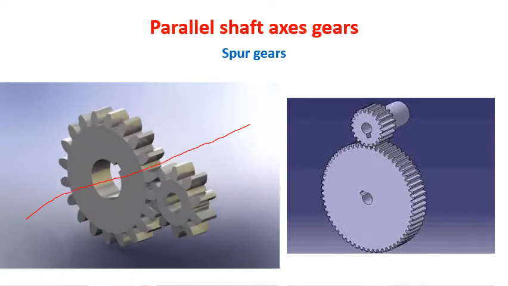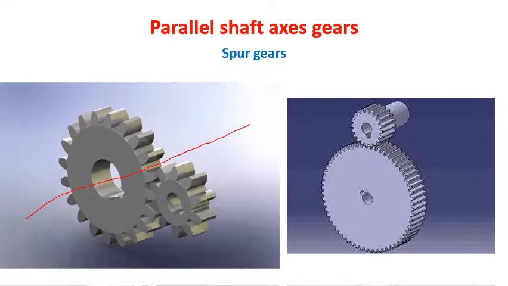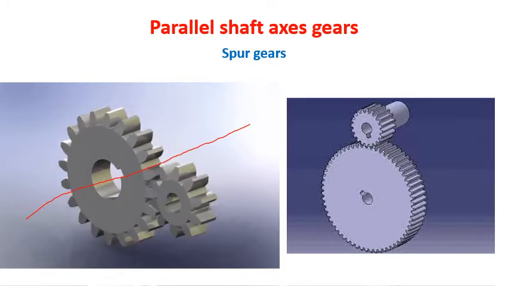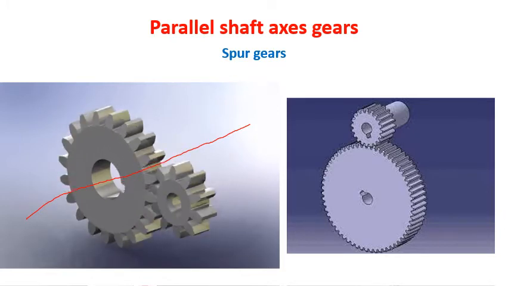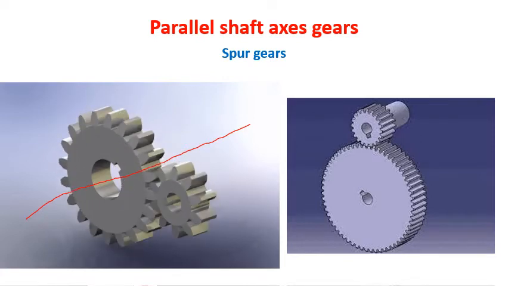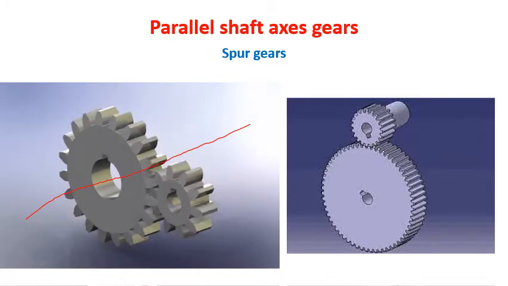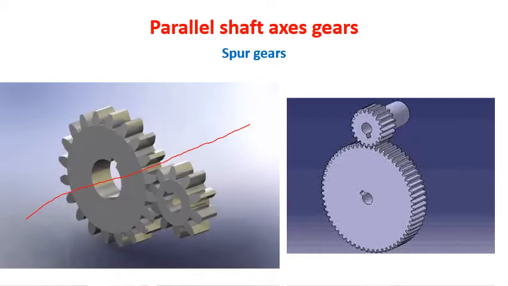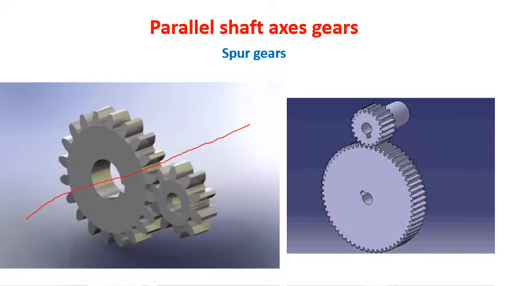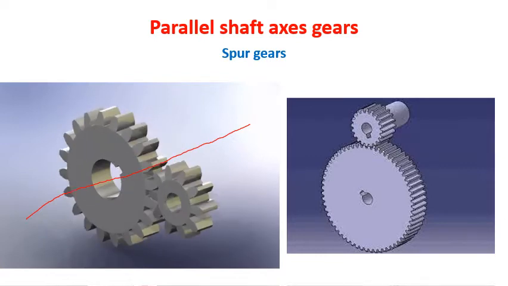Spur gears are usually used to transmit motion between two parallel axis shafts, and they are the simplest of all the types of gears and easiest in production compared to other types of gears. The teeth of the spur gears are cut along the periphery and parallel to the axis of the gear, as I mentioned in the first point. The spur gears can be made of different materials like steel, brass and other metals, and even plastic gears are there.